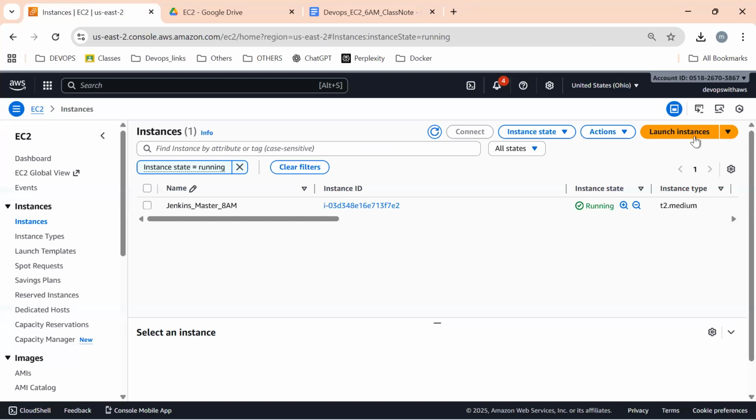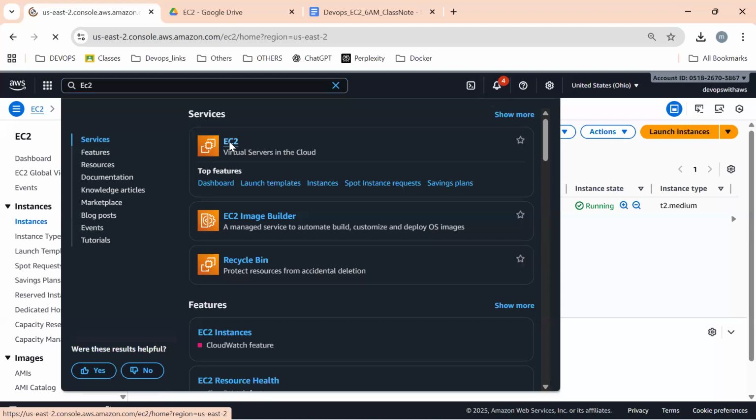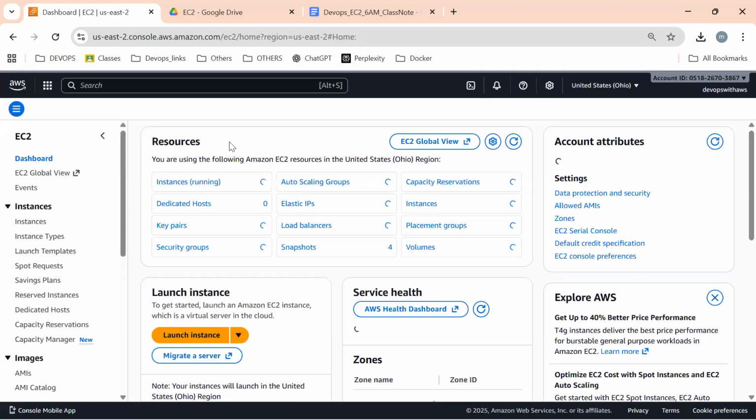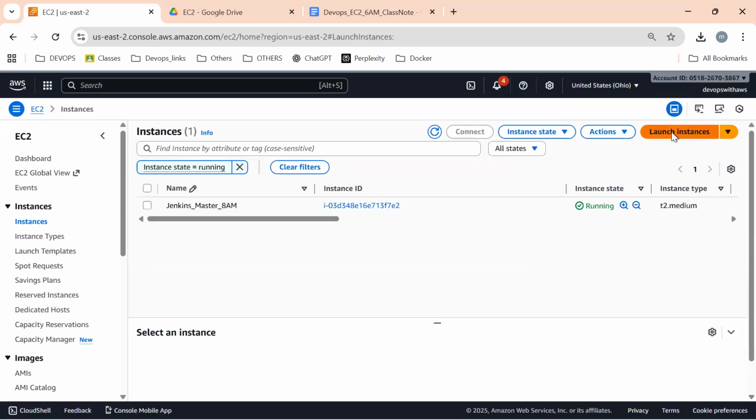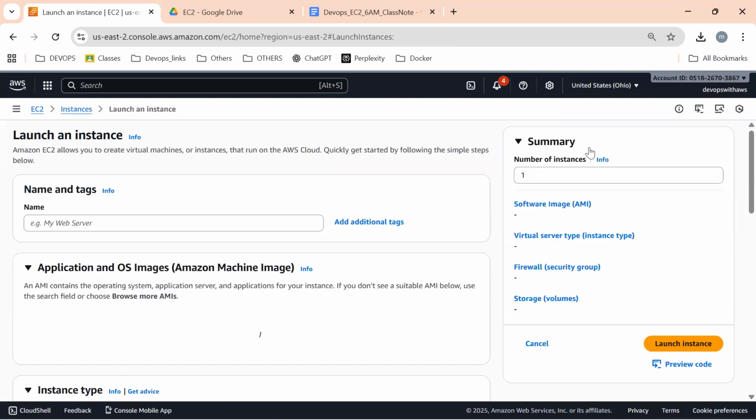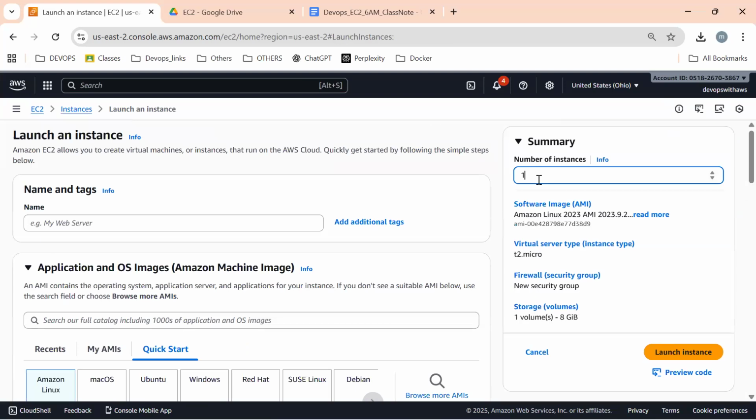Okay, so let us try to create a server first. How to create a server? Just type EC2. Let us go for EC2. Click on running instances, create a server, launch instance. How many instances you want? Choose yourself. Either one instance or two or three or a thousand instances, you need to choose. But my recommendation is always only one.